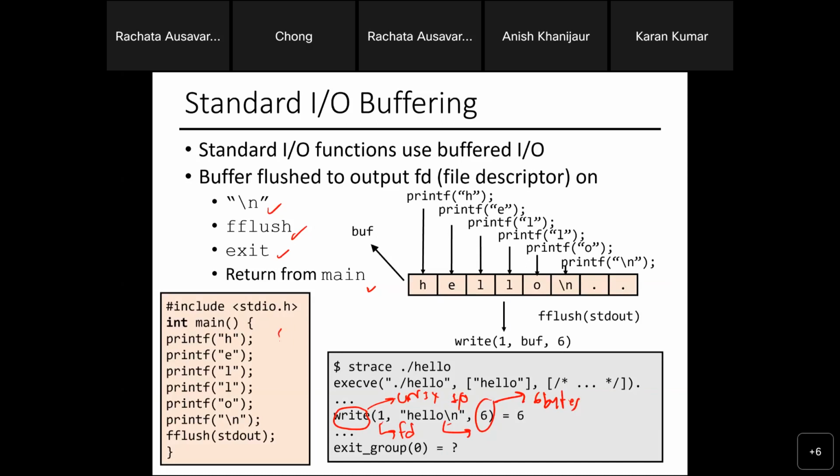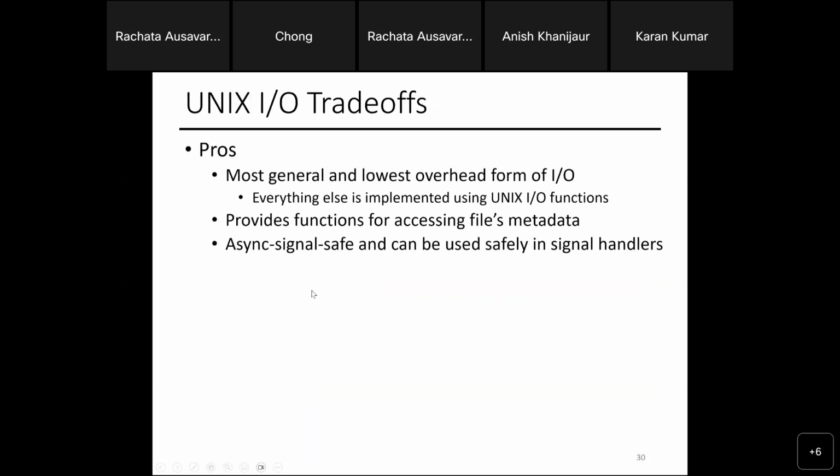Which one is easier, method 1 or method 2 here? From the programmer's point of view, which one is easier to use? The function called write with the file descriptor, the buffer and the size, or printf? One other thing is the trade-off, right? Unix IO gives you the lowest overhead. It's exactly what you have to do and nothing more. That's it. This is fast.